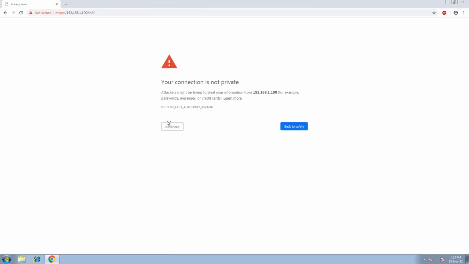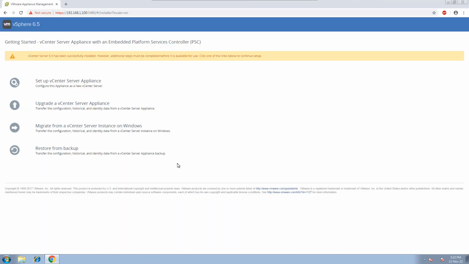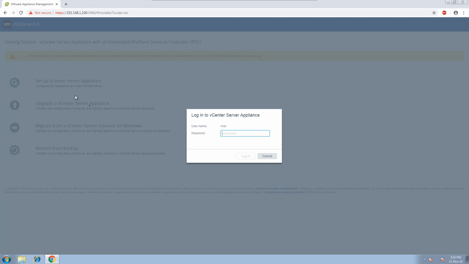Okay, let's try now. I'm just going to give advanced, proceed. So here you can see this is the vCenter setup, set up vCenter appliance. So let me give set up vCenter appliance, and it's asking for the password. So the password is test shift 4321. This is where I'm telling you guys. Sometimes when you give the right password, test shift 4321,